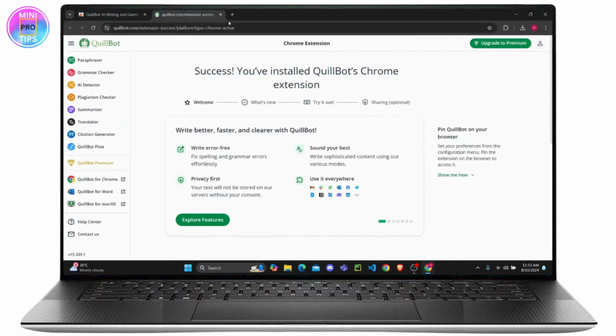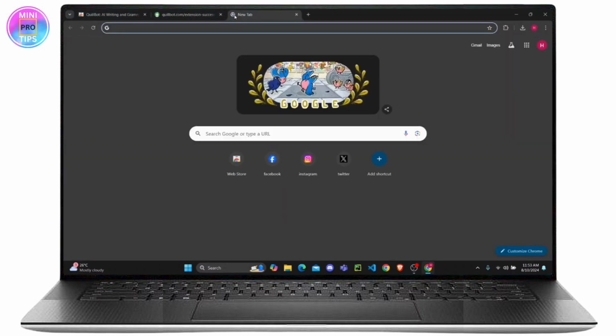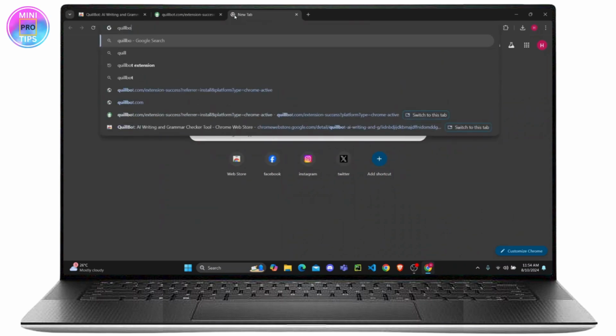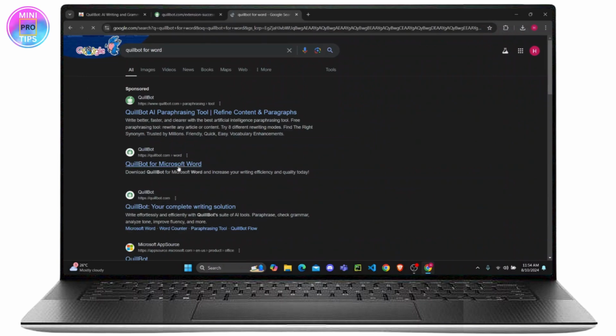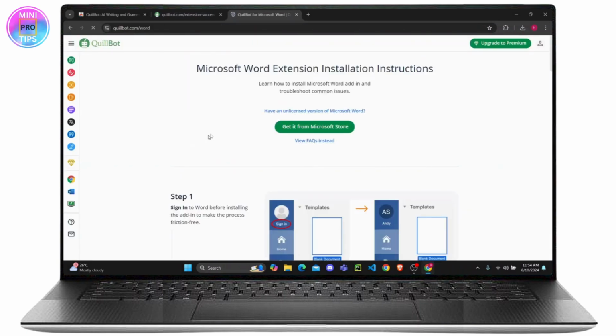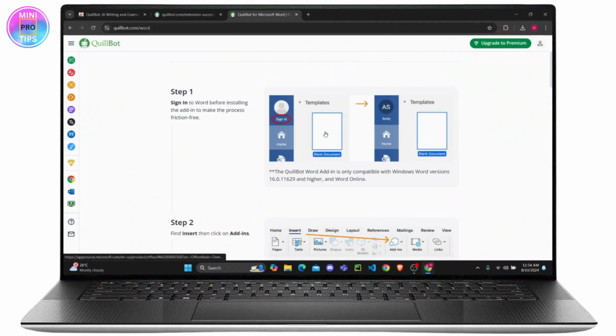click on the new tab and search for QuillBot for Word. And once you search for it, the first link is QuillBot for Microsoft Word, and you can just click on